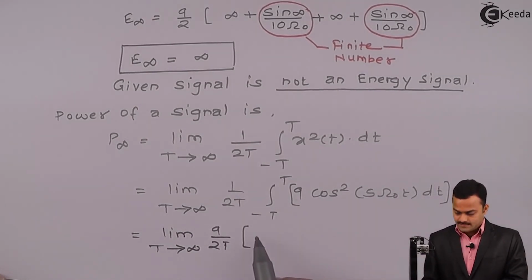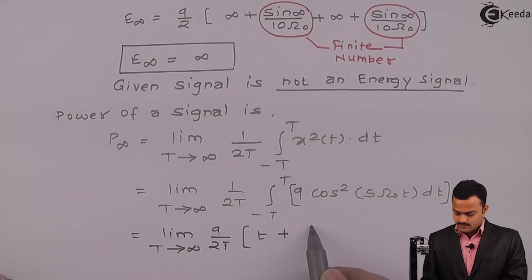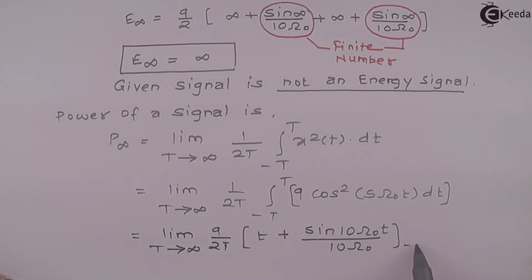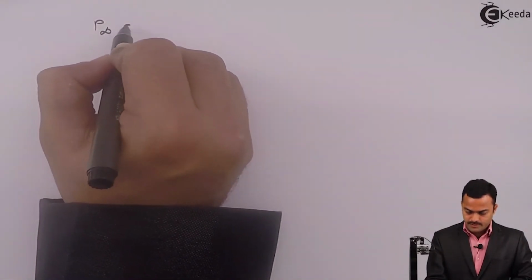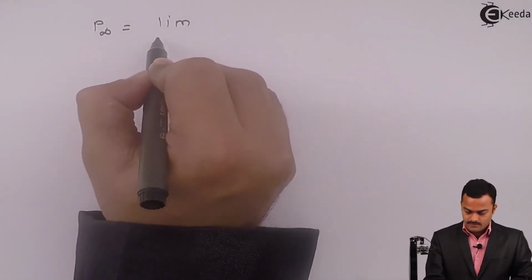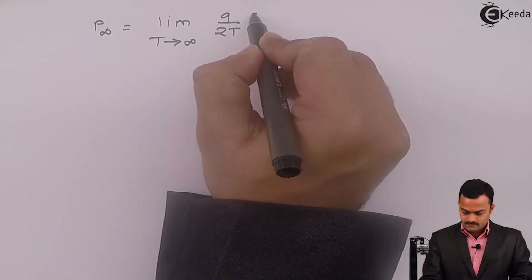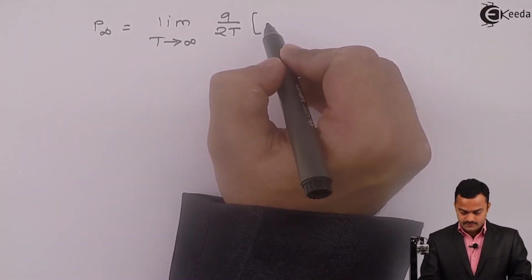the integral of this as t plus sine 10 omega 0 t divided by 10 omega 0, with limits minus T to T. Let's apply the limits over here, which will give you P infinity as the limit t tends to infinity of 9 by 2T, and applying limits will give you